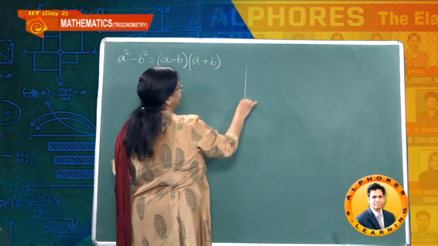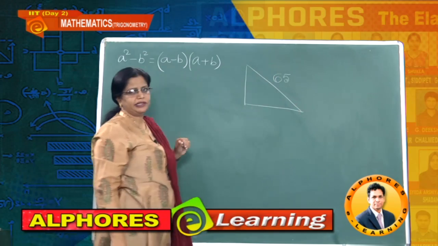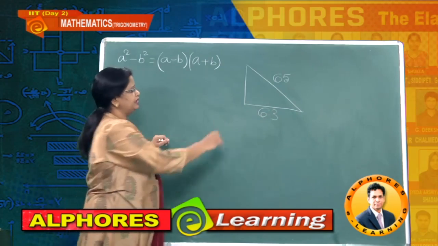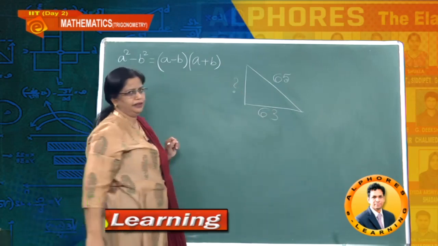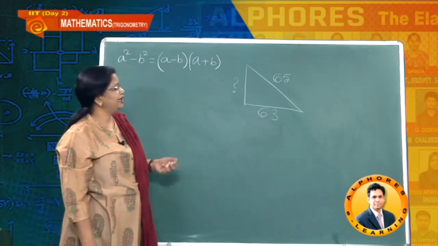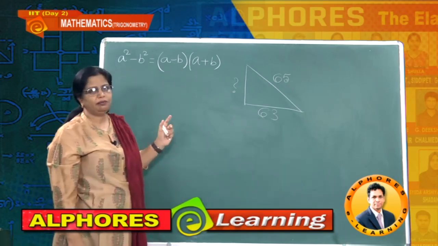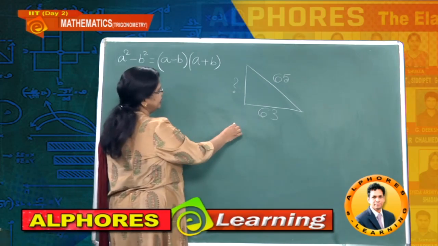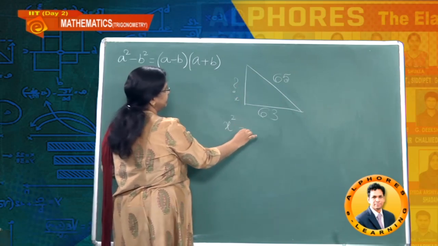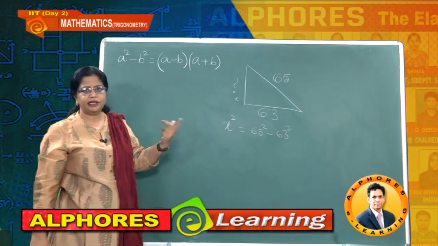Now let us take a right angle triangle. You know the hypotenuse is given as 65 and the adjacent side is given as 63. The question is, what about the opposite side? Of course many of you are aware of some of these triplets, but sometimes when some values come this way, what is our formula immediately? Pythagoras formula. From Pythagoras formula, suppose this is x, then we write x square as 65 square minus 63 square.